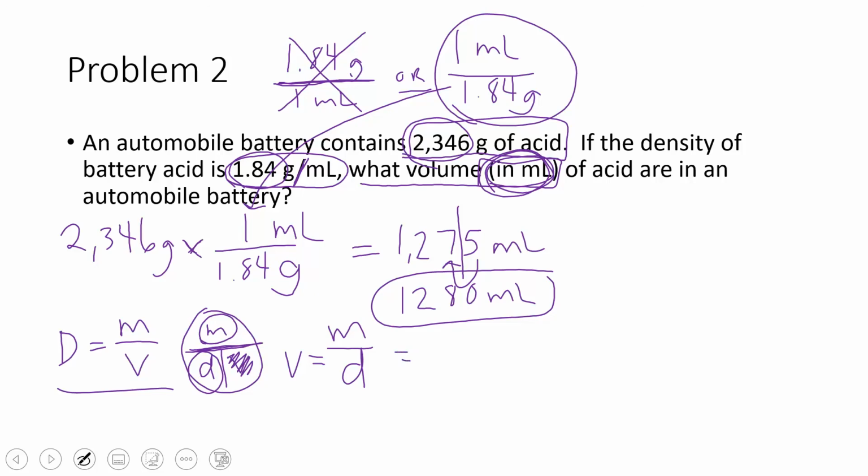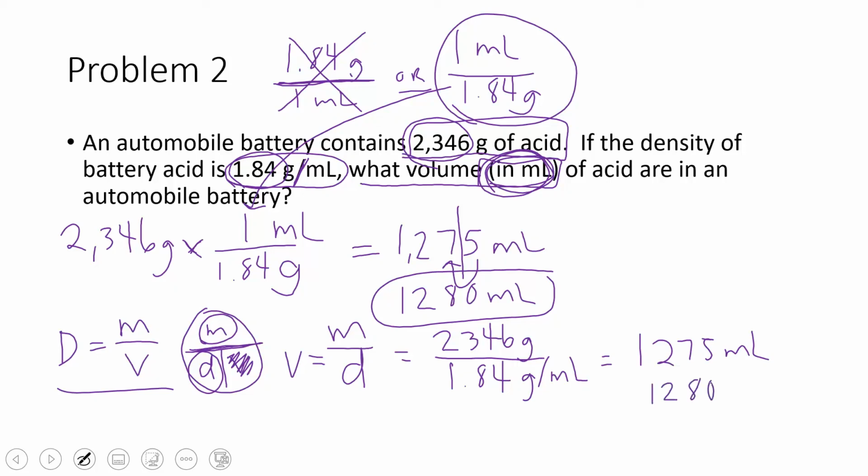So I can say, okay, my mass up here was 2,346 grams. And the density that it gave me was 1.84 grams per milliliter. And if you do the math, you're going to get the same 1,275 milliliters, which we would still need to do sig figs. As you can see, our unit analysis gets us to the